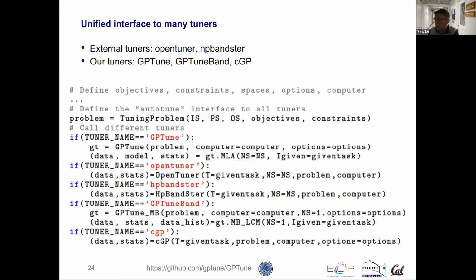So the GPTune software relies on the so-called Autotune common interface, and with that we can write a small wrapper that links GPTune to different other tuners. In fact, we can call the GPTune tuner or some variant, for example, the multi-fidelity one called GPTune band, or the non-smooth one called CGP, or cluster GP. Those three are written inside GPTune. We can also call two external ones, for example, OpenTuner and HpBandSter. You can say it's a single liner, then you get the results of a different